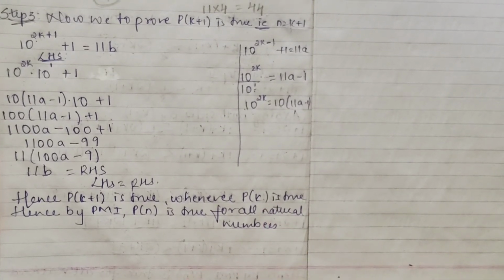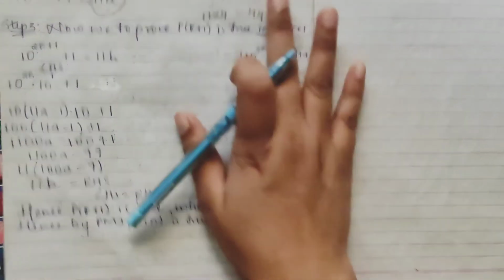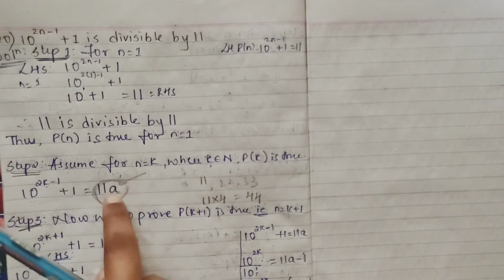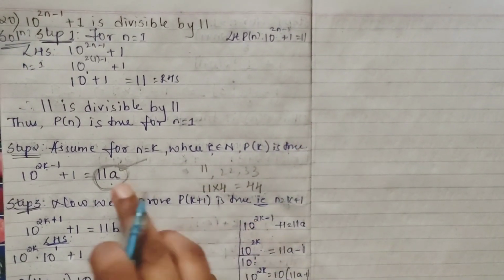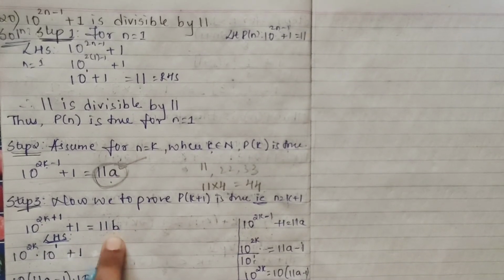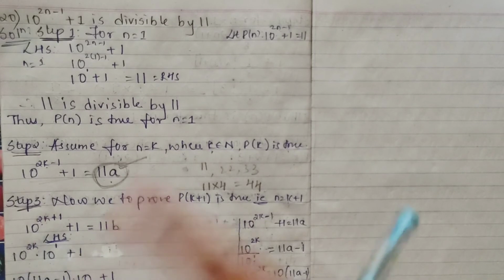So please, whenever such problems come, do it in this way. Whenever they tell you about a divisibility part, you have to do it in such a way only. In your step 2 also, you can take a, b, c, whatever you want. If you are taking b here, then in the other part take something else, so that it shouldn't conflict.